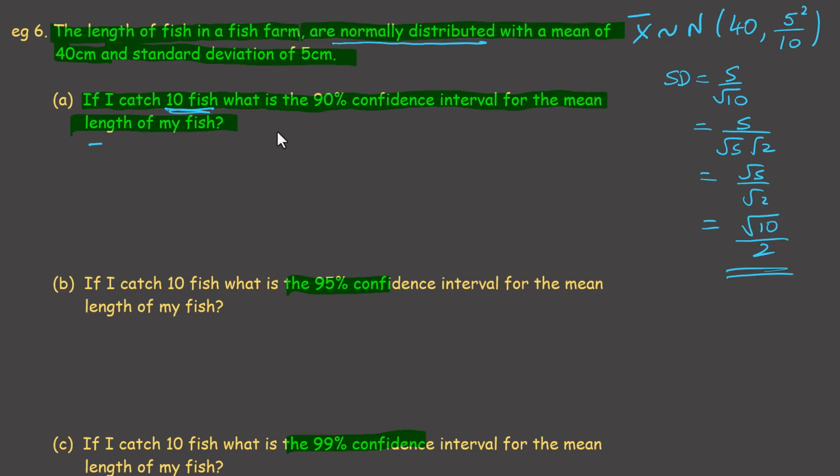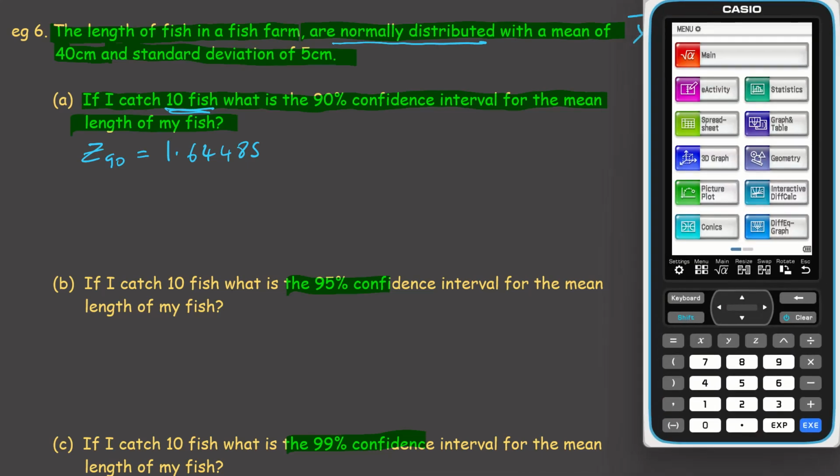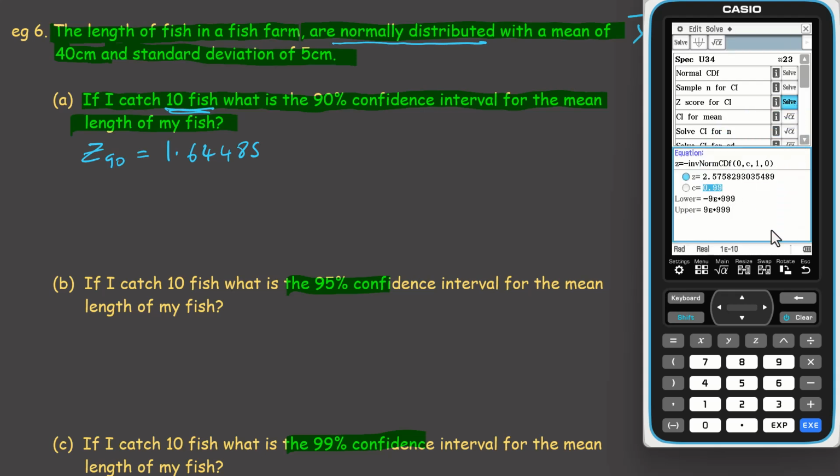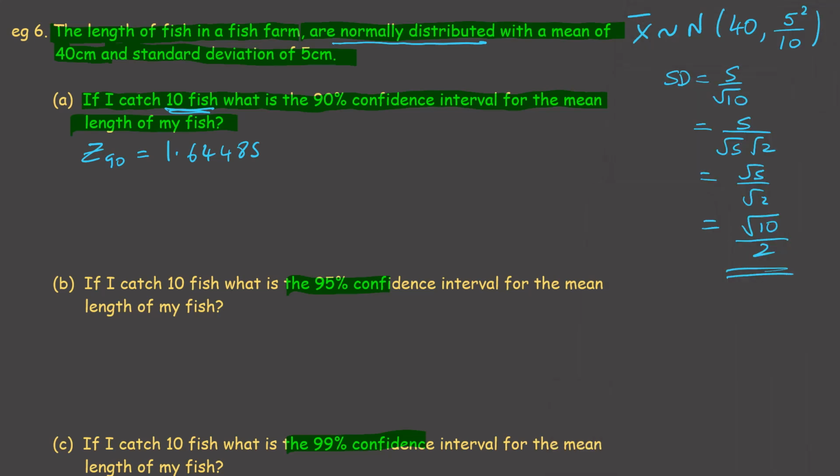So the Z90 value is 1.64485. We can find that using our calculator. So let's bring the calculator in. I usually go to the activities and do the Z-score for CI, and if I put in here, notice the 0.99 value is there at the moment, but I'm doing 0.9 at the moment, and just solve, and there it is. So that is the value, and then our interval is 40 take away